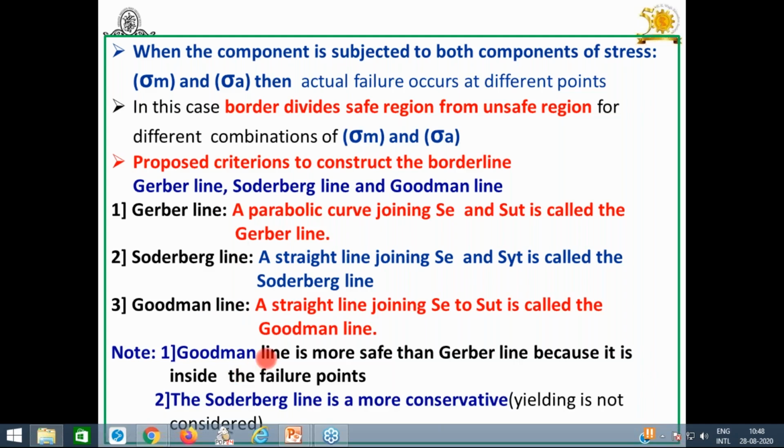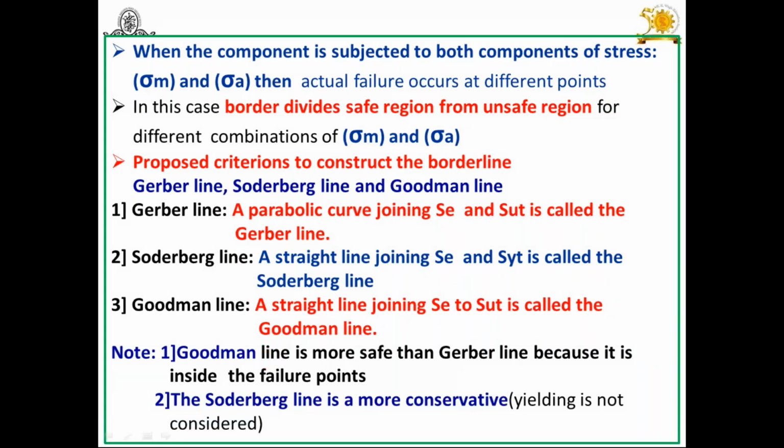But again here, when components are subjected to bending or axial load, we have to modify this Goodman line. I will explain why to modify and how it is going to take care. That's why we will get the modified Goodman line or a modified Goodman diagram. Again, for a torsional case also, we will have to use another modified Goodman diagram. But the only important thing through this discussion is, what is the criteria? The Goodman line is the criteria, and we are going to modify it. The modified Goodman line or diagram is the criteria for fluctuating stresses. That you have to remember.